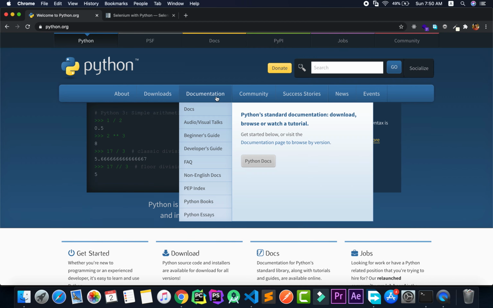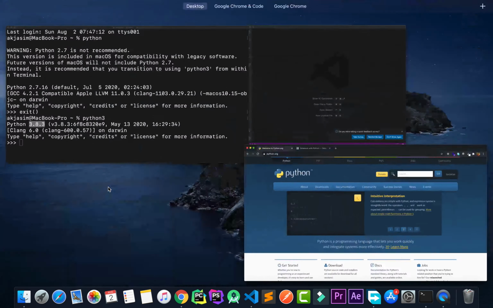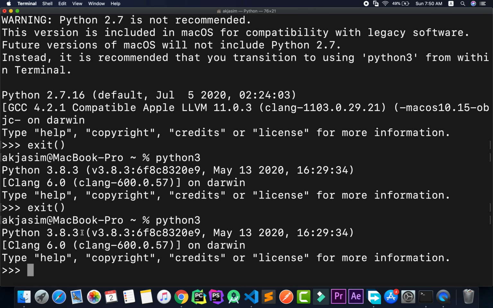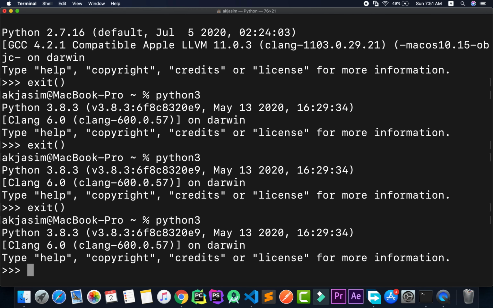Now if you've downloaded and installed the package and come back in here, and I exit out of this shell and again type python3, you could probably see that it shows the older version, 3.5. It will not show the latest version. That's because you need to restart the terminal. So close the terminal and reopen it again. Now if I say python3, the new version is there. In your case, that Python 3.5 would be installed on your machine. So you can see that the path is automatically set.